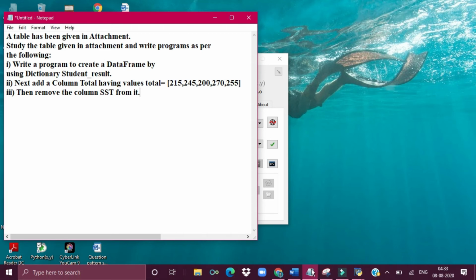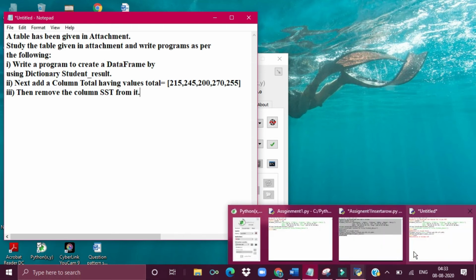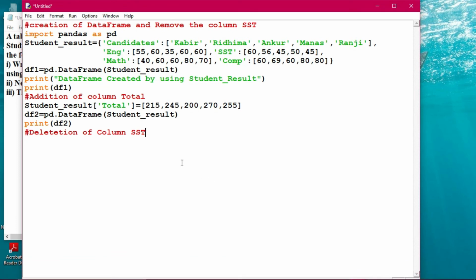So we will go to the program. Deletion of column SST. How we have to do that, we will see now. I have to use the dictionary name, student_result, then drop.